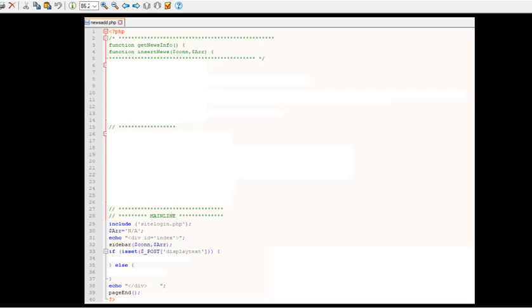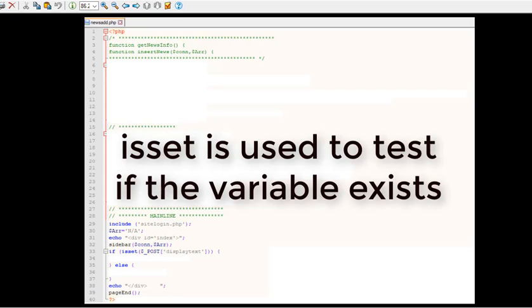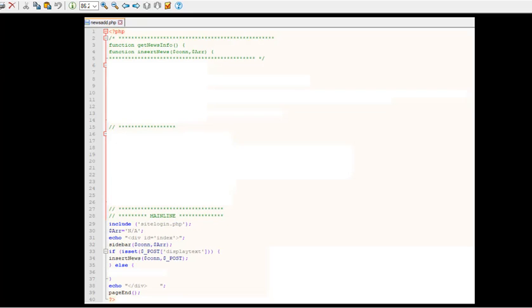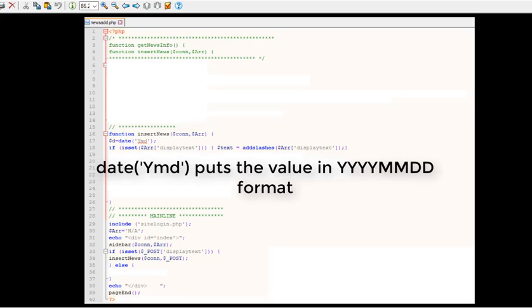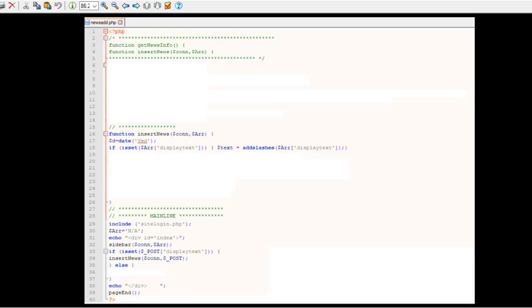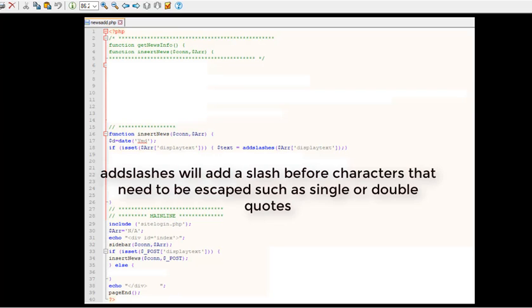And after the sidebar, I'm going to have an if isset post display text. So if you've sent me some display text, what do I know? I know you probably want to insert some news, because that's what this program's all about. So let's see, insert news. First thing I'm going to do is get today's date, and then if you've got display text, which of course you should have, because that's the only way you've called insert news, then